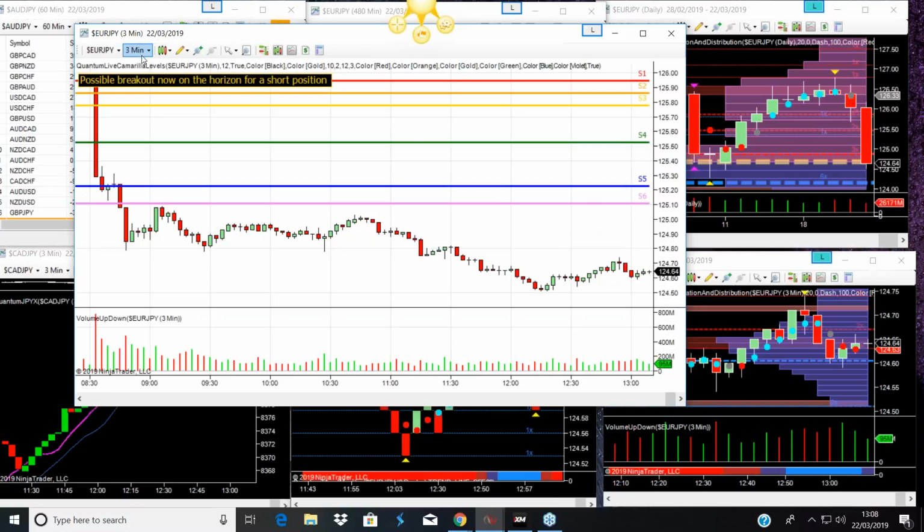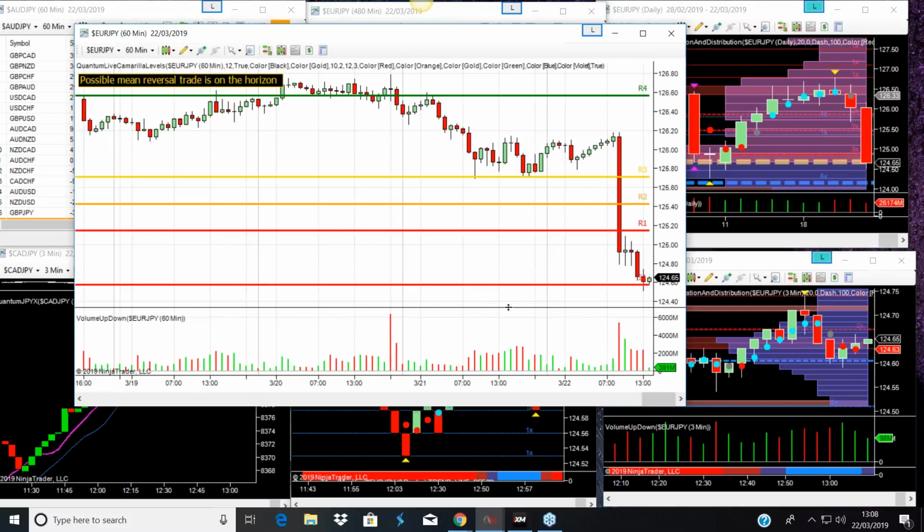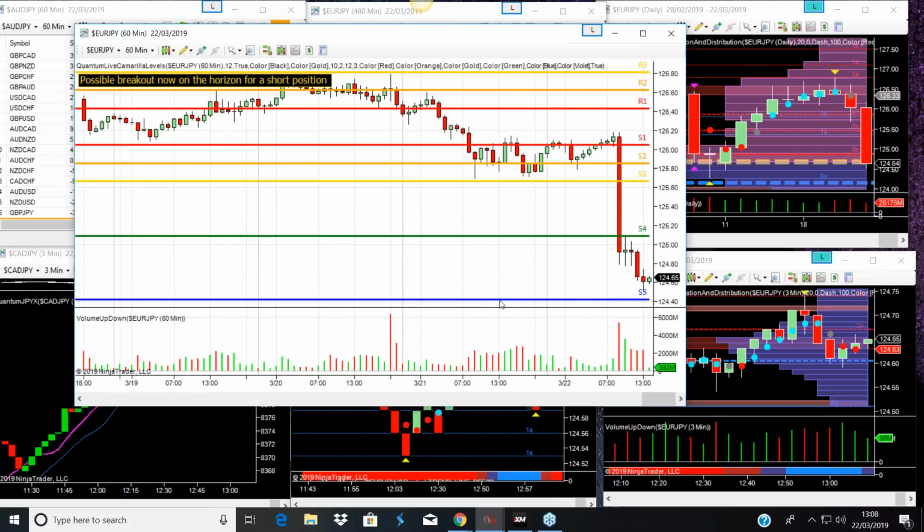So what are we going to do? We then have to go to the hourly chart to see how it fits in. That's quite interesting, because on the hourly, it crashed through the S4, but as often happens when it goes through these key levels, it did try and retest. We've got a couple of doji candles here. We've got some congestion. Then we had a continuation of the downward trend.